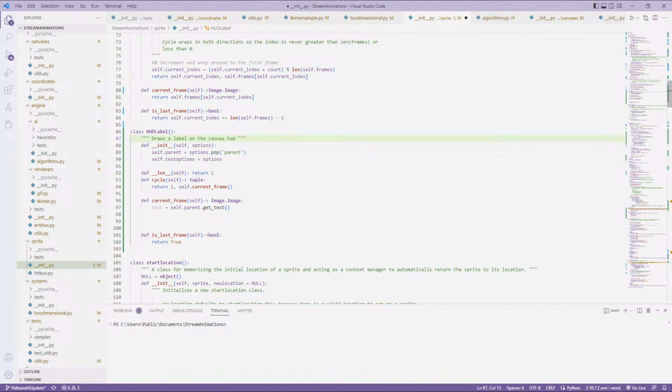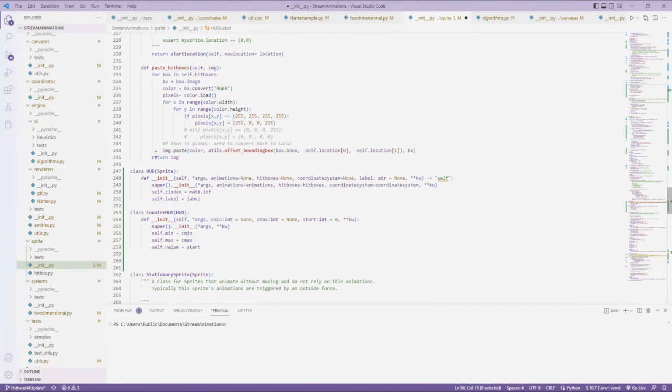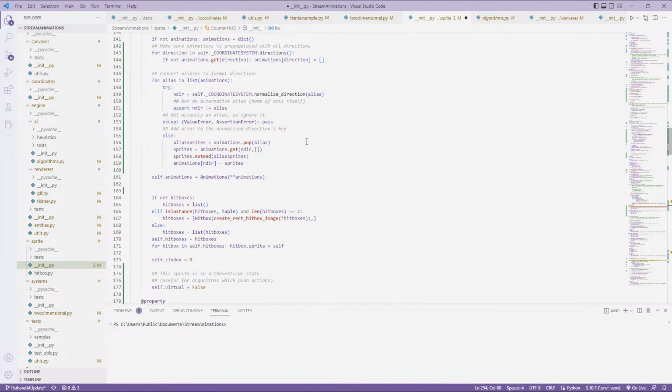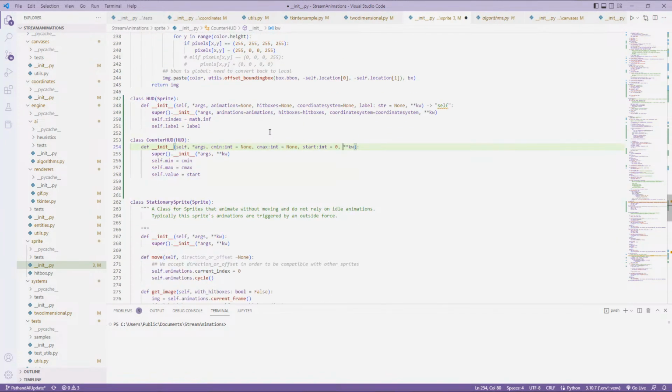I'm trying to figure out whether this is the correct name here. It is the only thing I'm trying to figure out right now. Counter HUD. I guess what I should do here is animations, yeah. Animations equals none. And then here animations equals